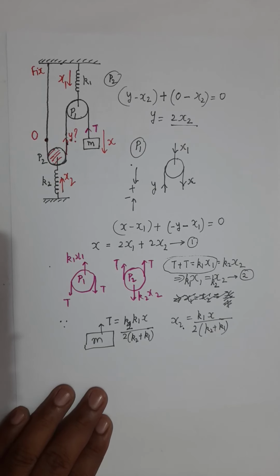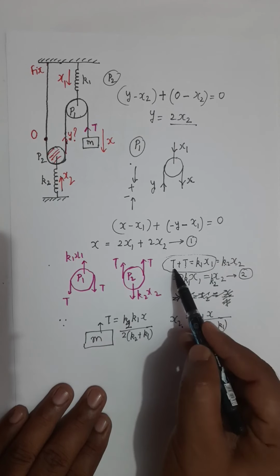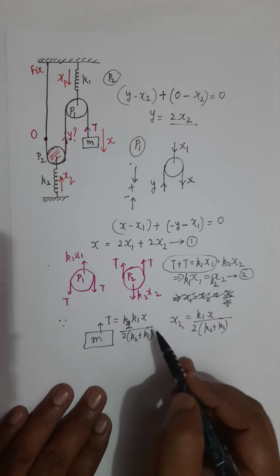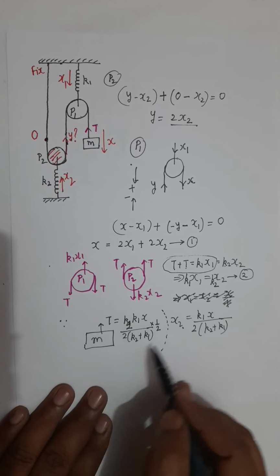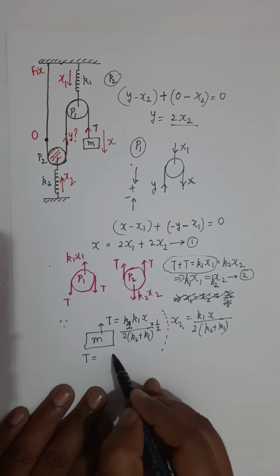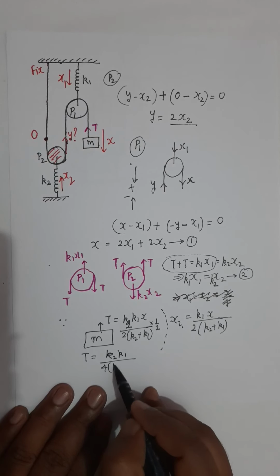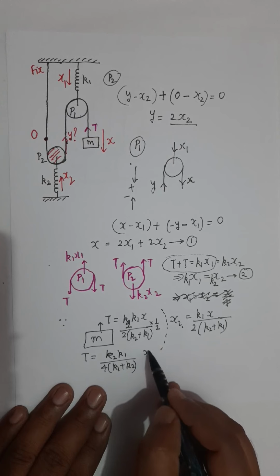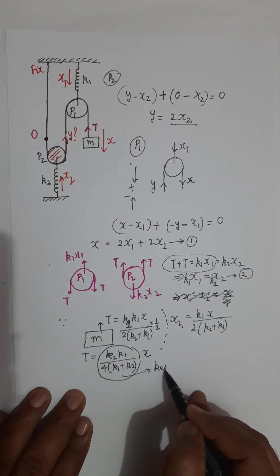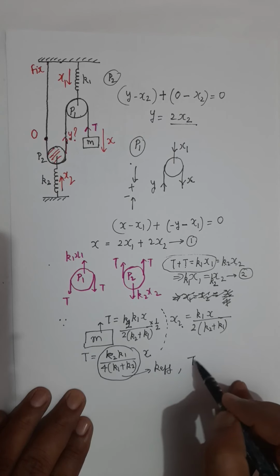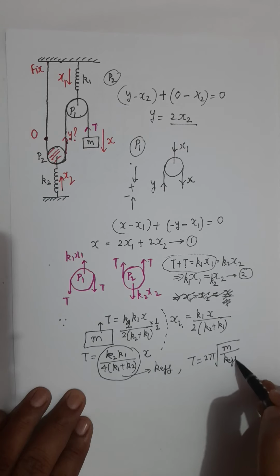Right? And notice that from this equation, you will get 2T equals k2 x2, so T should be half of k2 x2. So one more half will be there, and then you get T equals k2 k1 over 4 times k1 plus k2, into x. This factor will be your k effective in this question, and once you have obtained k effective, the time period can be obtained by the result 2 pi square root of mass m over k effective.